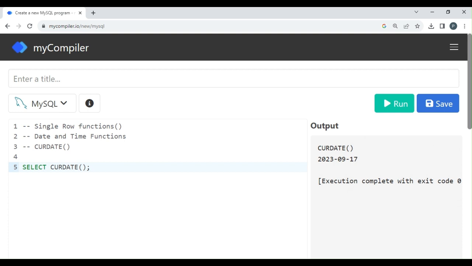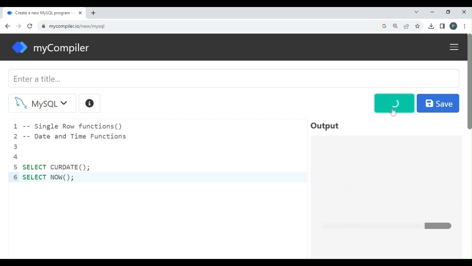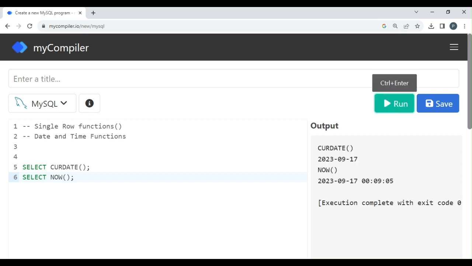Now we have the second function called now. If I write select now, and press it here, let's see what it gives us. It returns the current date and time. So cur date gives us the date, now gives the date and time. Okay,